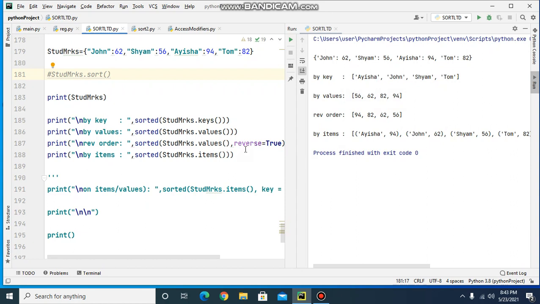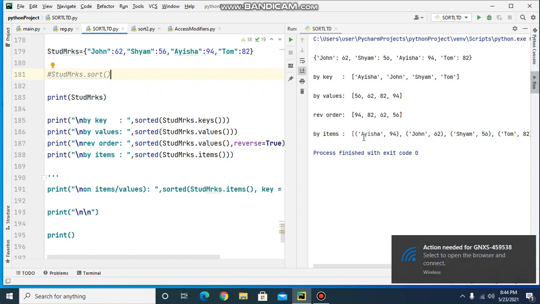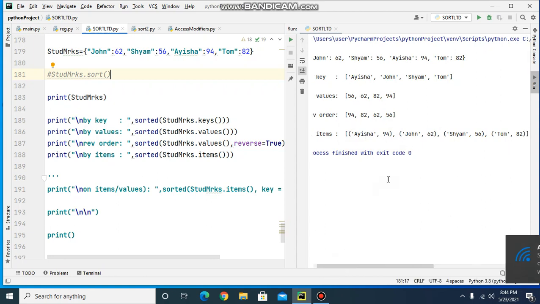Then for values, when I am setting reverse is equal to true, we have got a list of values of marks in the descending order, and then when I am sorting using this items method, it has sorted in the alphabetical order of key, that is key with alphabet A has come first, Aisha, and the key with alphabet T is the last.